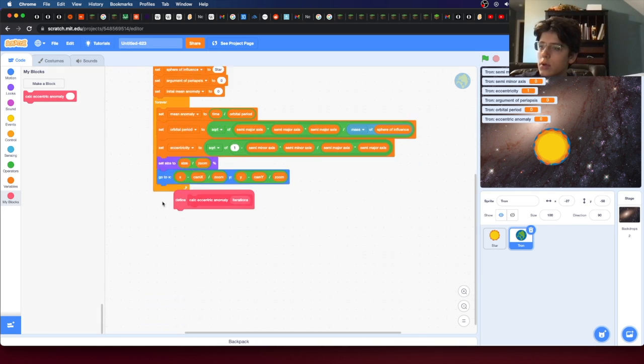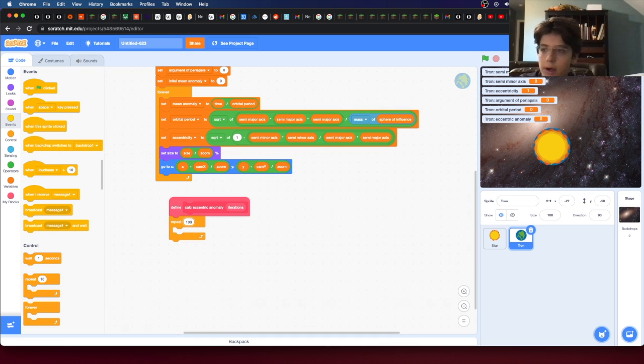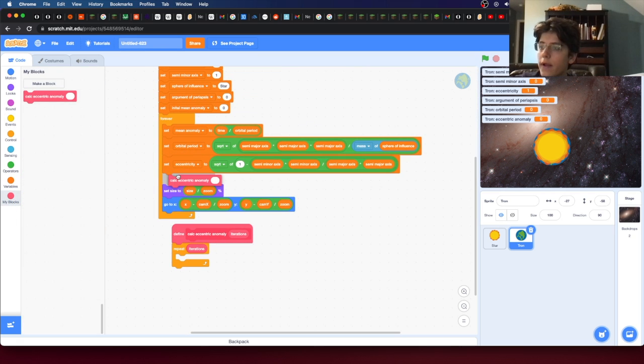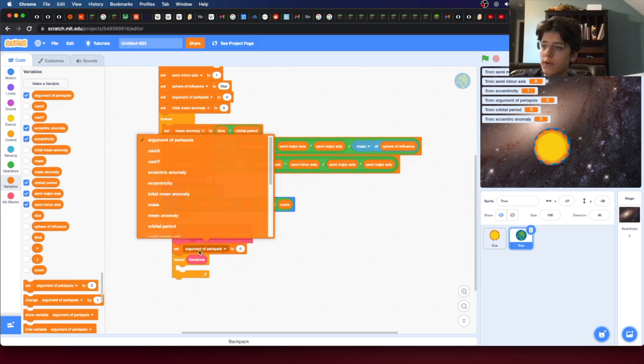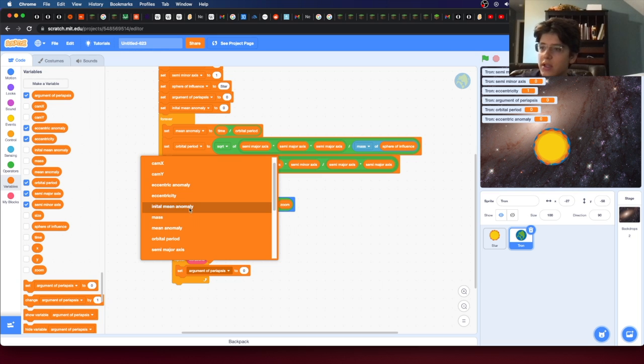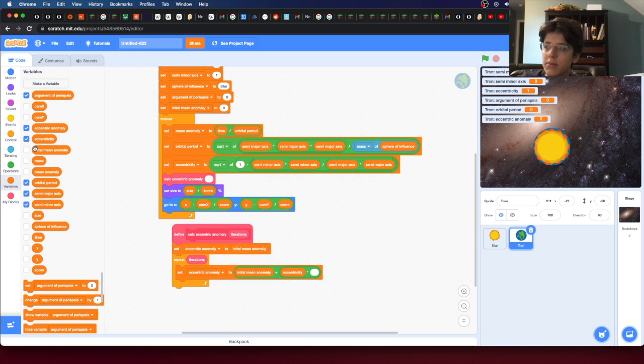And then we have, okay, then it'll be repeating 100 times, or rather iteration times, calc eccentric anomaly. So first, this one is a special one. The first thing we need to do is set the eccentric anomaly to the initial mean anomaly, and then after that we'll be setting the eccentric anomaly to the mean anomaly plus the eccentricity times